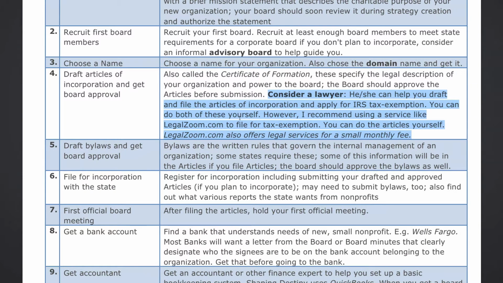Again, there are other places that can do it too. Just Google, you'll be able to find other places that could do it. It should cost about $500 or something like that. The articles of incorporation, though, you can do it by yourself, and I have done a video on that to